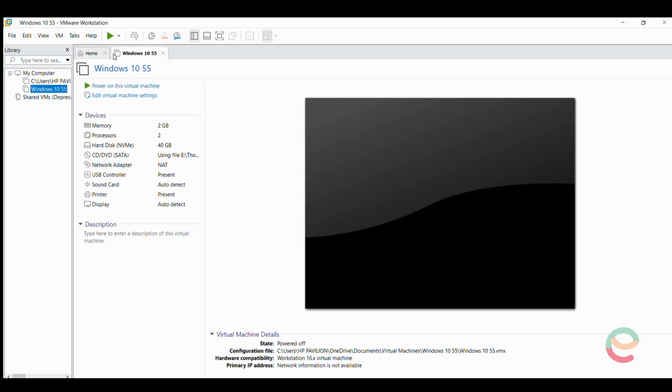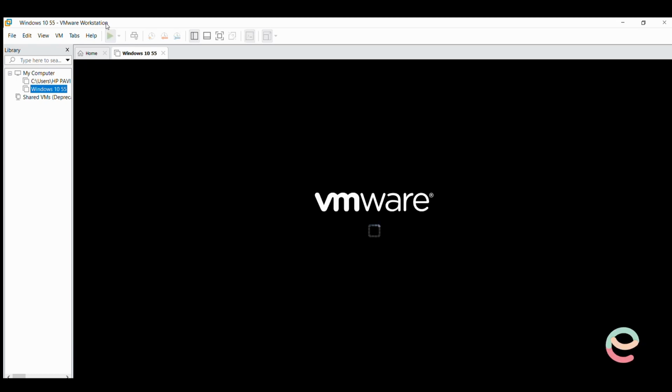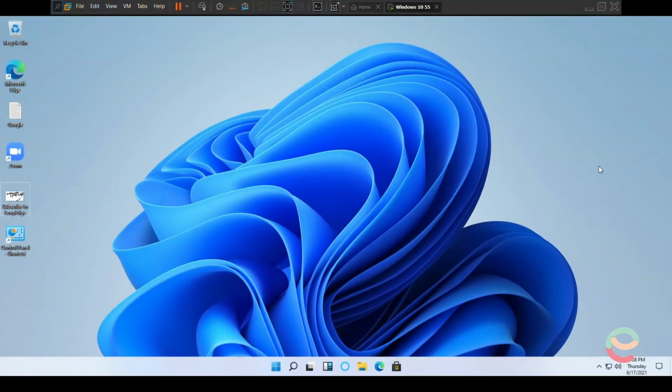So this is my one. It's called Windows 10 55. You could give it any name, but this is for this video, and let's start it. In order to turn it on, you could click this button right here or this one right here, but I'm just going to go with this because this is the one I use the most. Now I had installed that and opened this as an ISO file. Now I'm done, so let's see what are the coolest functions.